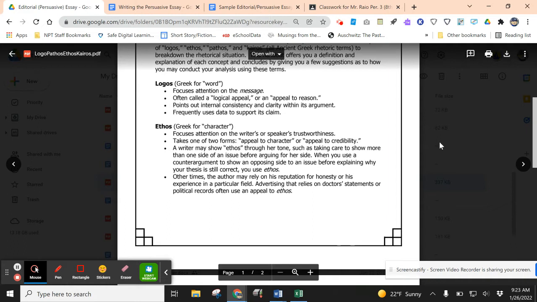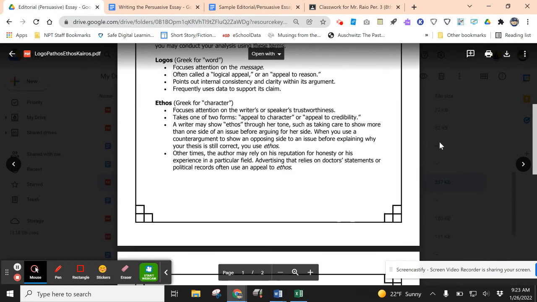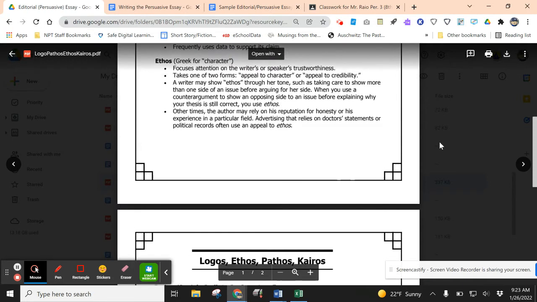opinion. Okay. You can also show ethos through your tone by showing respect to the person you're arguing against, right? Instead of saying, well, you're wrong because you're not smart, that's an ad hominem attack. You want to show respect for the opposing side's point of view. And that's something that you're not seeing in the world around you right now from the adults. And it undermines your argument when you attack the person instead of the argument.